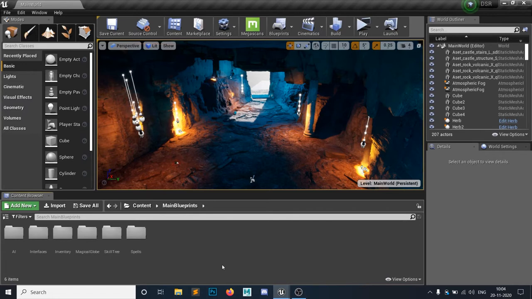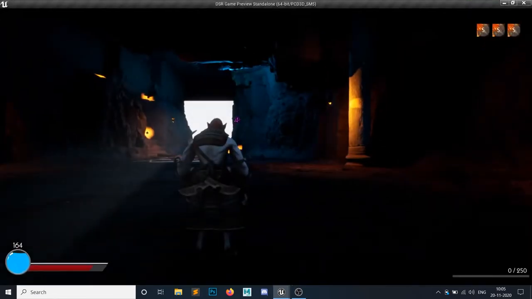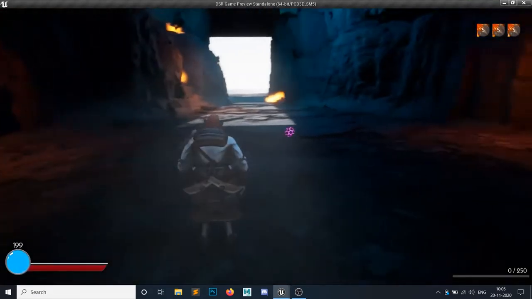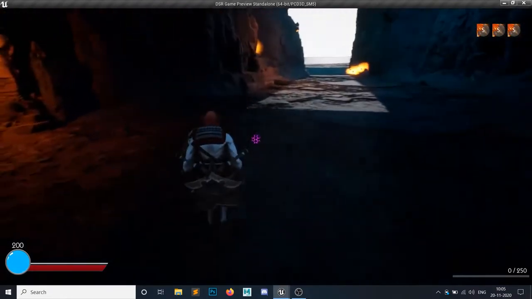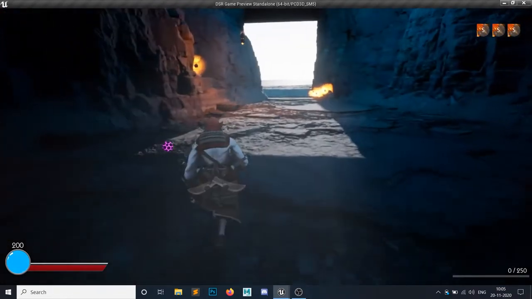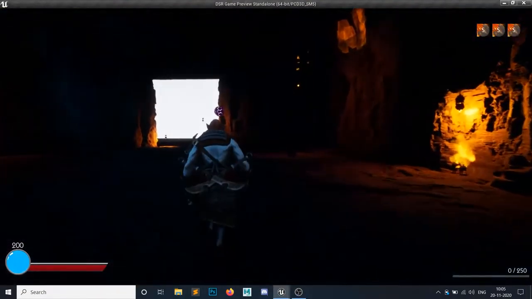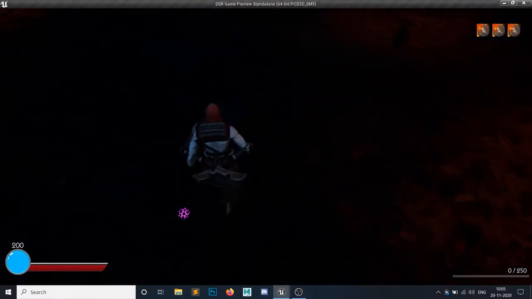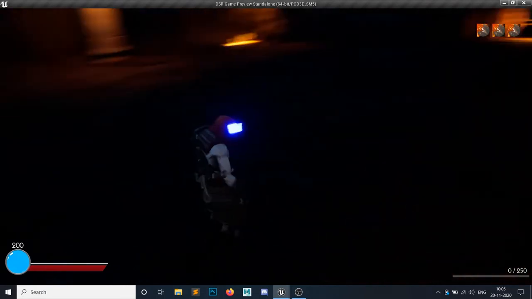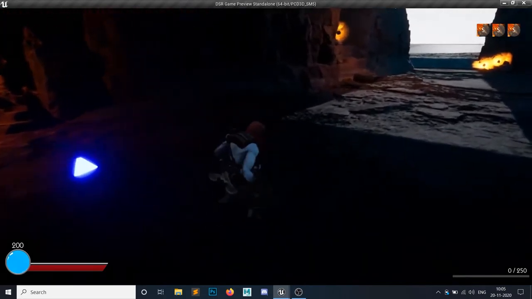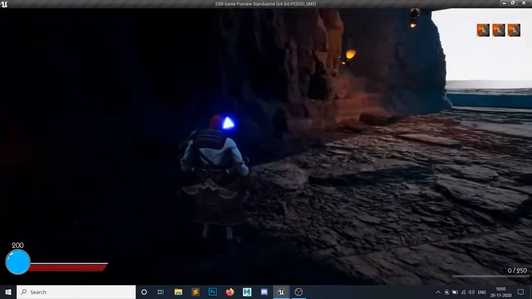So some weeks ago I was showing you a gameplay of my current project. So this is my gameplay, and as you can see, whenever my player moves, a magical orb is following my player, something like this. So I got a request, how do I make that? As you can see, I can change the orb, and from the different orb I can make this. Okay, so we will make this today.